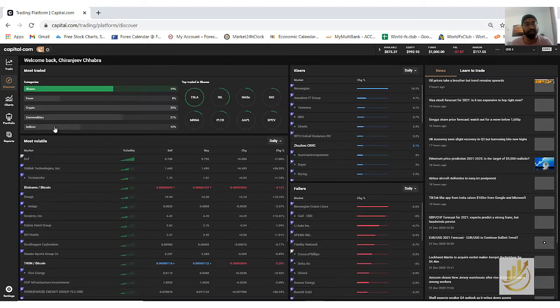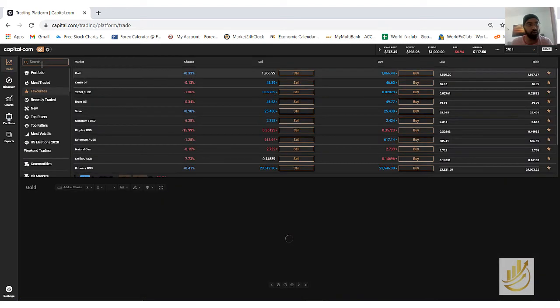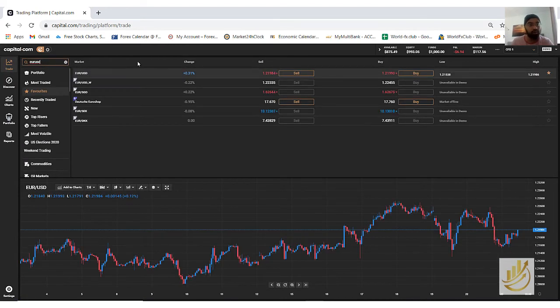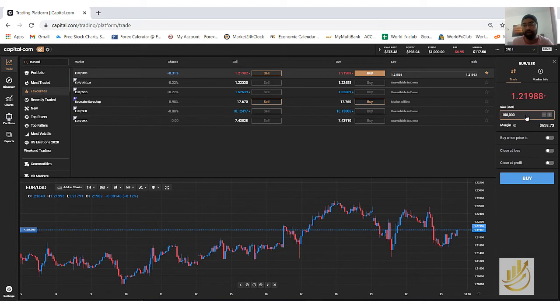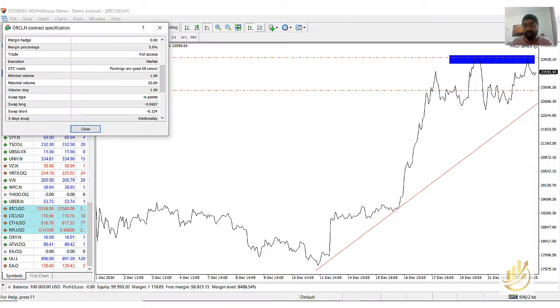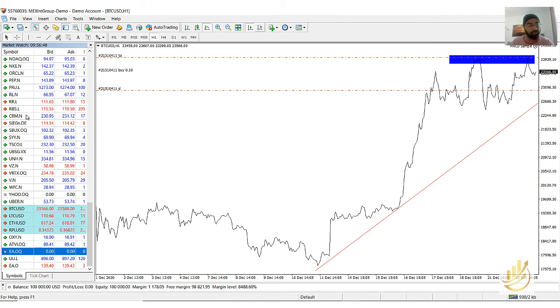Let's say we'll try one more trade. Let's say we want to trade currencies. Okay, so let's say I want to trade euro versus dollar. I click on that, the trade window opens. Let's say I'm expecting the price to go up. I click on buy. Now when you click on buy, you have this quantity where you can choose, and it will tell you how much margin you are going to consume. So let's say I want to buy 1000 euros. If I'm buying 1000 euros, my total margin consumption is $6 out of the available margin. But if I go here and I select euro,